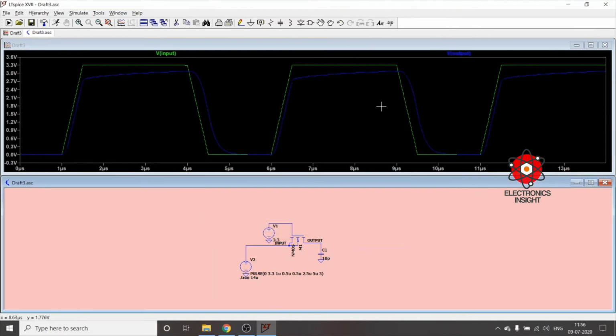So now you can very well observe that there is a signal degradation, because this is the output waveform of this particular NMOS pass transistor. We have considered a 3.3 volt signal applied to the gate terminal, which is going to be fixed. Only then would the NMOS pass transistor have turned on. And what we have given is a high input signal of 3.3 volts. If you are giving 0 volts here, the 0 volts would have directly passed here, so no problem would have been there.